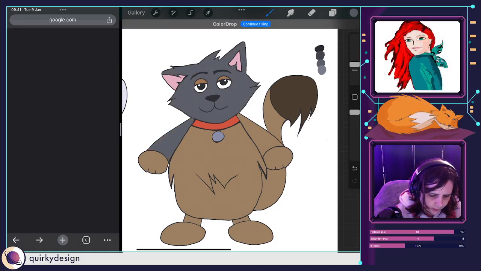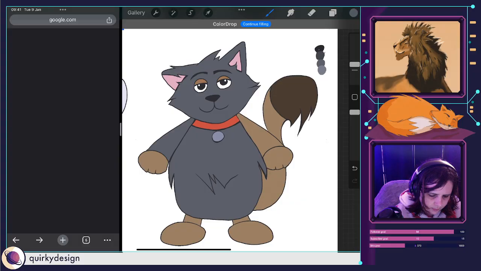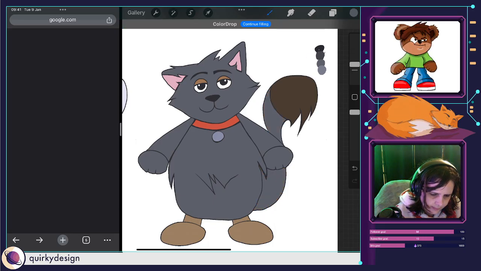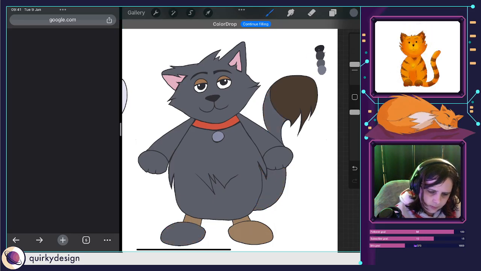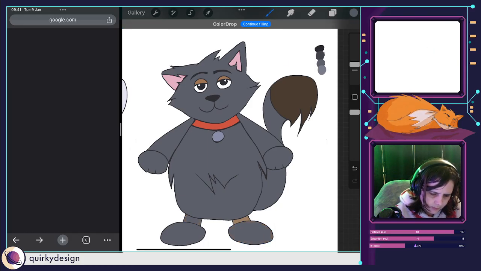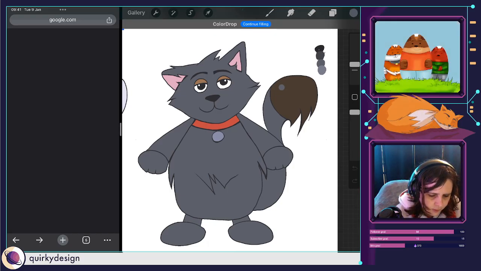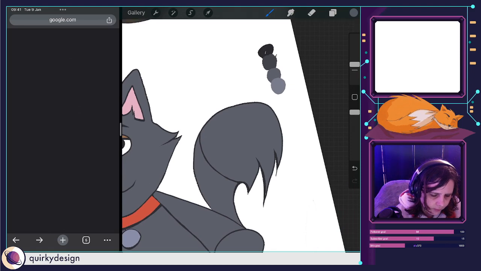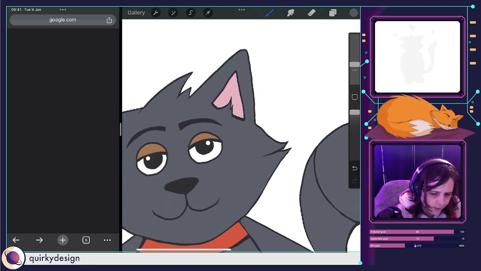Like the colour better. Now it depends if we want to go full black cat, or if we want to have them black and white.